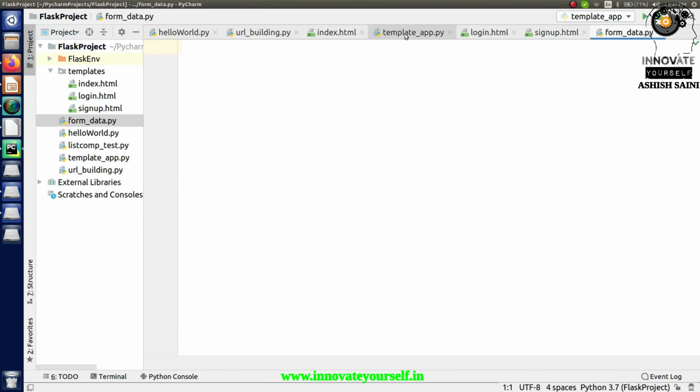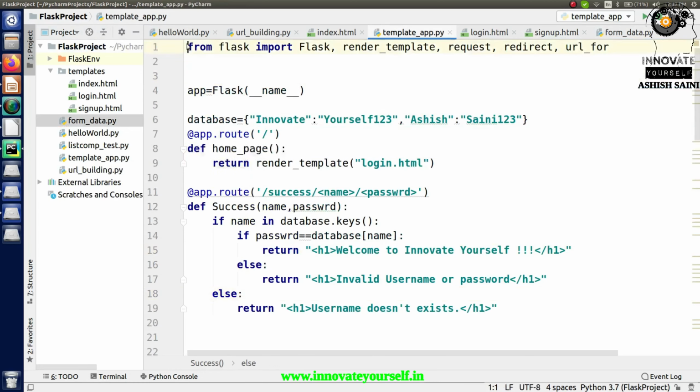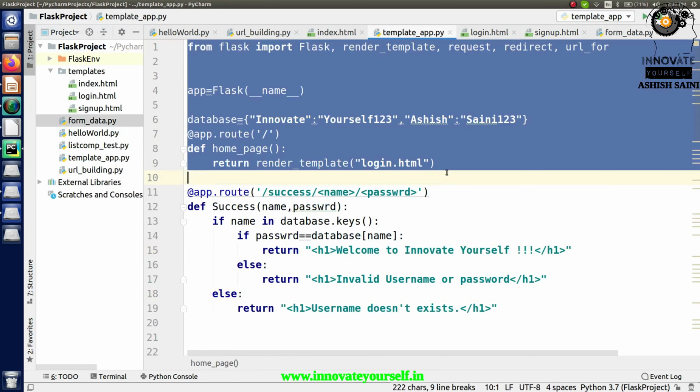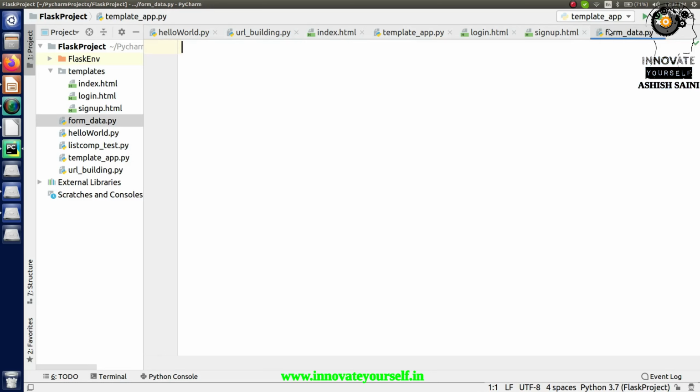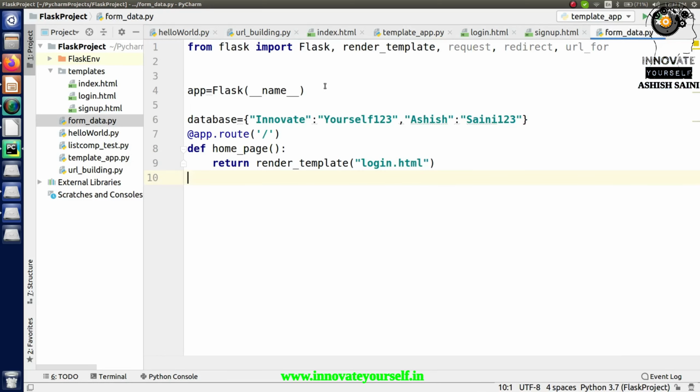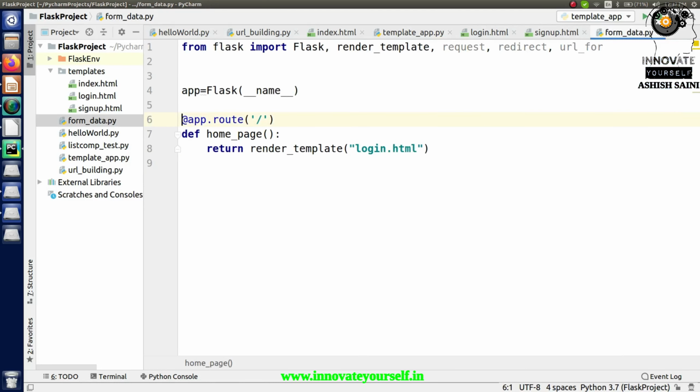In this case I'm going to write the very basic code first. Just copy this part and paste it here. This is what I'm going to do, and you can remove this part because we don't need it. Accordingly I need to pass a template over here, because this time I'm not going to use the login one. I want to create a new one on which I'm going to collect the data from the user. The user is going to enter some values and I'm going to collect it and store it further.